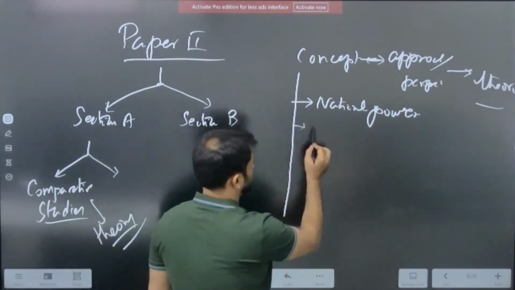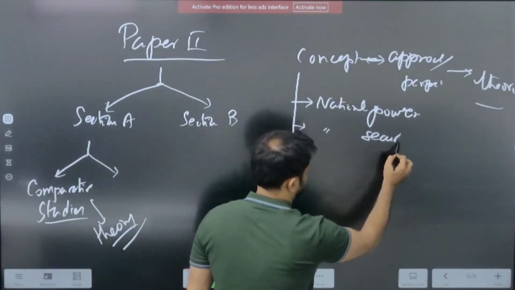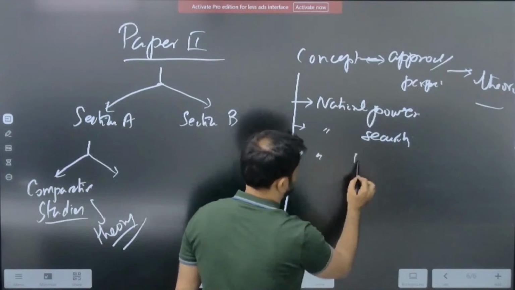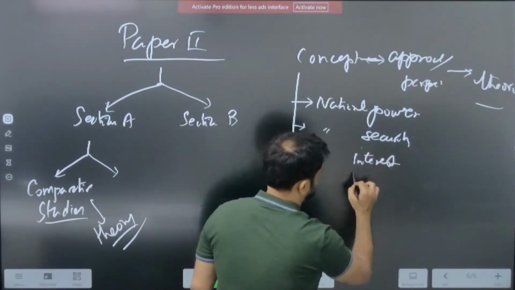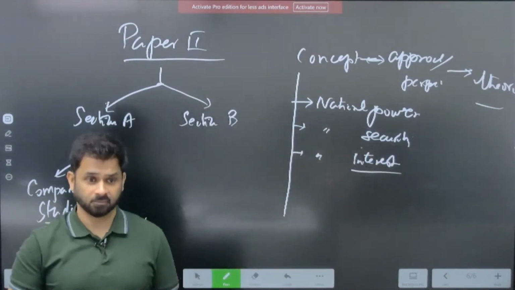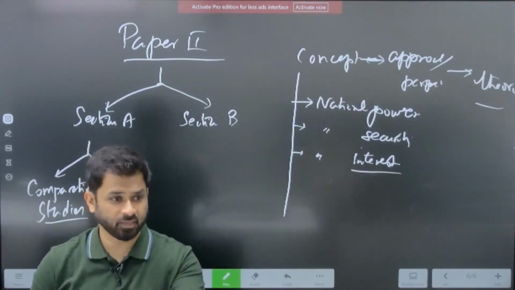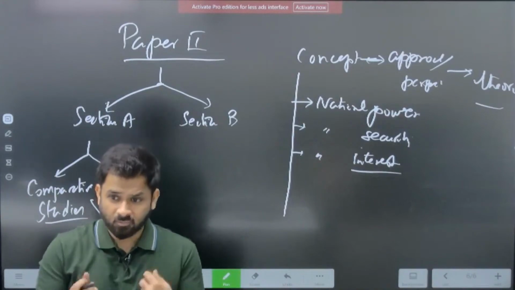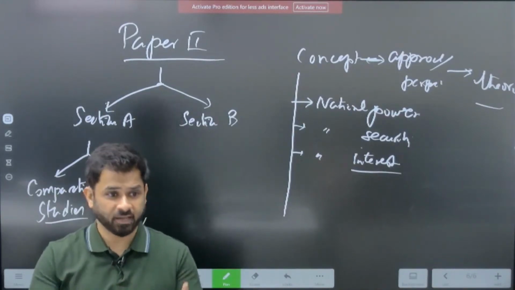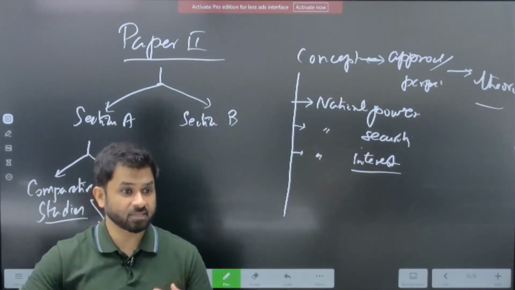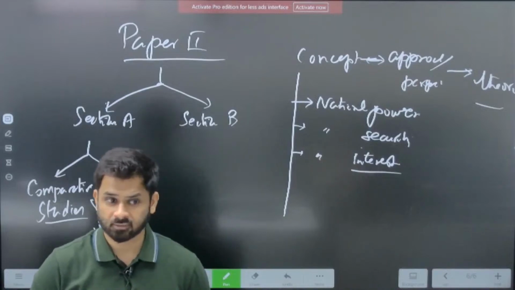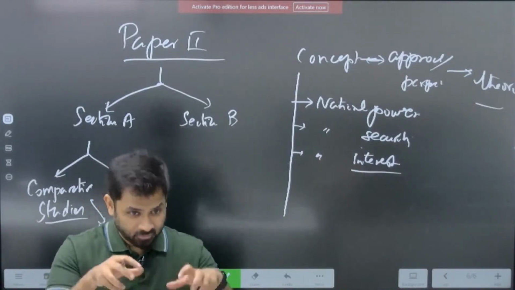National power, national security, national interest, right? Every country is following their national interest, and all of them want to become powerful. They try to increase their national power and to protect themselves, that is national security,